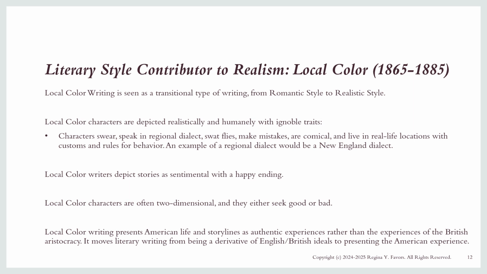So this is how we began to transition as Americans from an over reliance on British idealism. We moved from our perspective of the British and their literature as idealistic to a more realistic style,